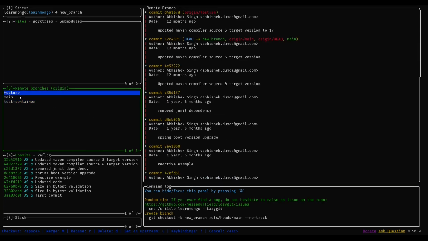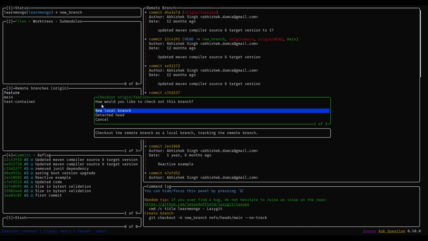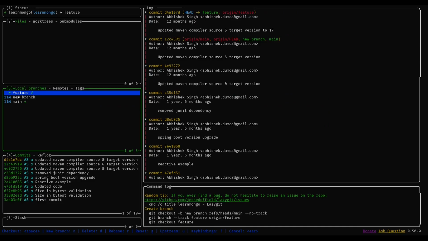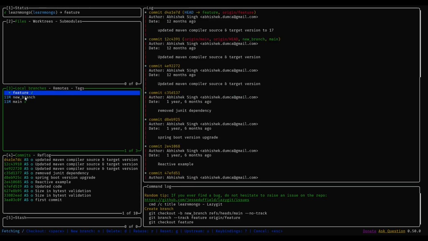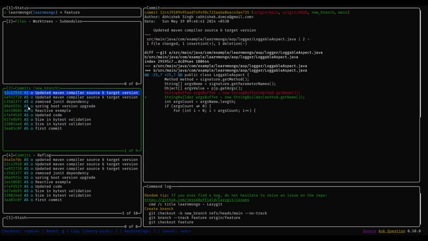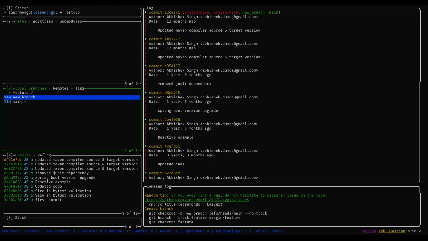Maybe I will take the feature branch. I want to check out this feature branch into my local. So I can press space. It will ask, how would you like to check out this branch? Detached head or new local branch. If I press enter on new local branch, it is going to create a new local branch locally. So now I can either use this new branch or use this feature branch and do my changes or development. So this is the way you can use Lazygit,